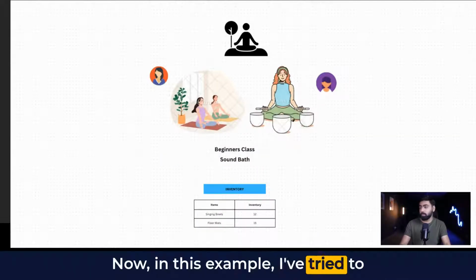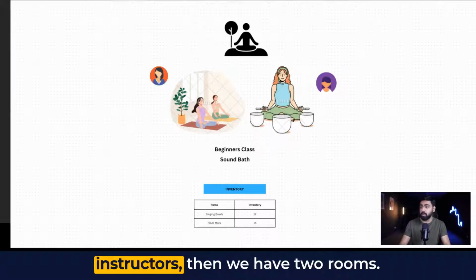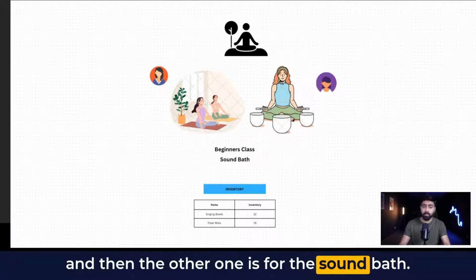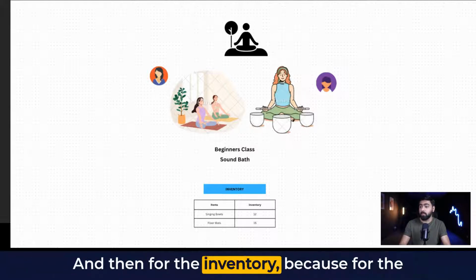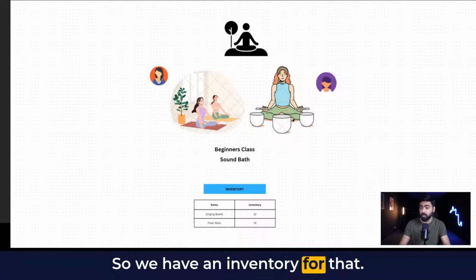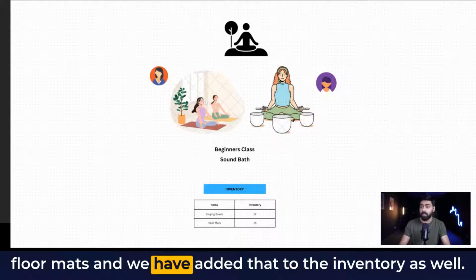Now, in this example, I've tried to replicate the structure of a yoga studio. So firstly, we have some yoga instructors. Then we have two rooms. One is designated for yoga beginners classes, and then the other one is for the sound bath. And then we have the services that I've just mentioned. And then for the inventory, because for the sound bath, we're going to need singing bowls. So we have an inventory for that. And then for the beginners class for yoga, we have some floor mats and we have added that to the